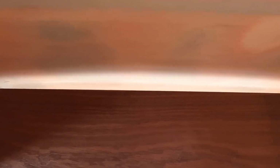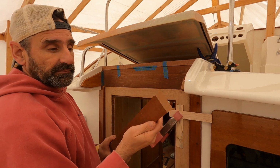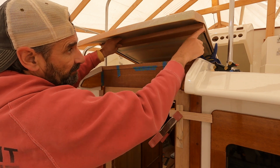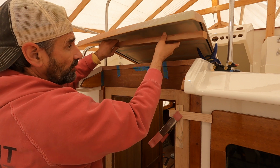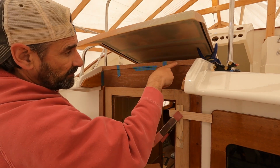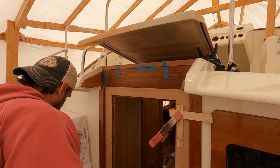So I'm going to get going and make a template to fit that area, and then we'll make it out of some mahogany. What's going to happen is I've cut this piece here at home, and this is actually going to go on the hatch up in here, but it has to match the contour of the actual hatch. So when I cut this piece, I had an offcut, or a couple of them, and I just taped it to the top of this filler piece, and